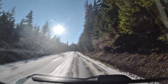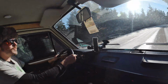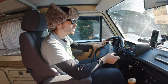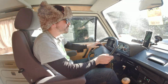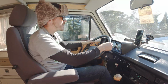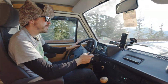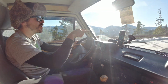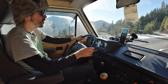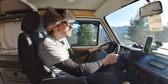I'm just trying to very gently push the limits just a little bit more and see what it feels like to learn how it is in the snow and ice. But so far you just drive it gentle and all-wheel drive and it feels like a champion. I haven't felt any slipping that scared me at all. Even with the road partially ice, partially dry, fully ice, fully dry, mid-corner and everything. And if anybody's wondering about the seatbelt,